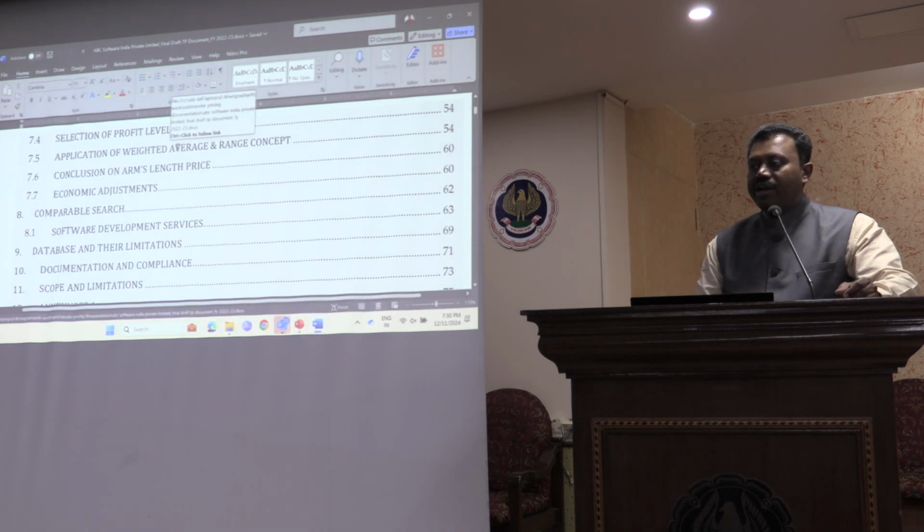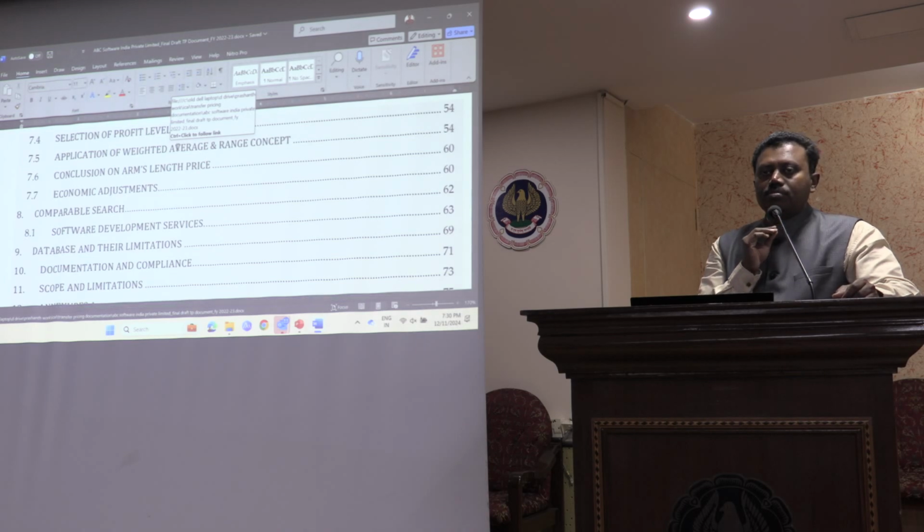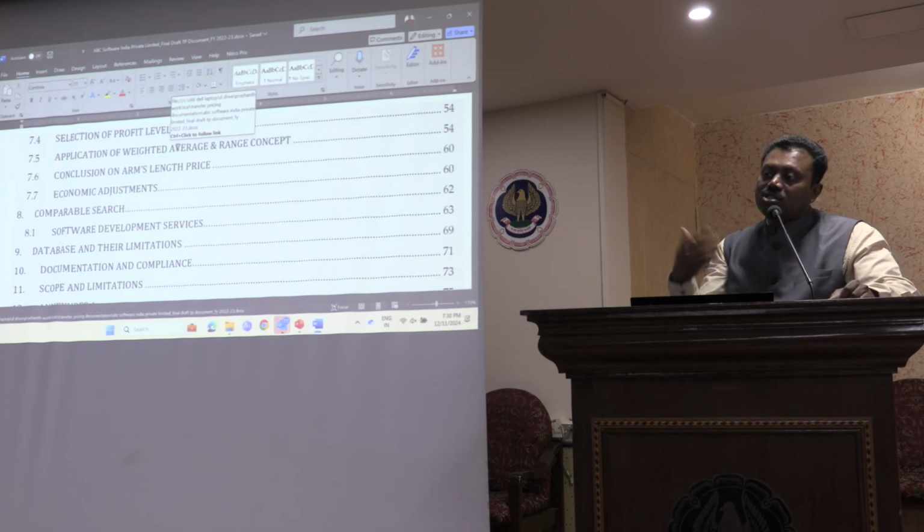Selection of profit level indicator. The profit level indicator, abbreviated form, we use as PLI. In TNMM, the profit level indicator is operating margin: operating profit divided by operating cost. But if you are testing an expenditure transaction and margin is not helping you under TNMM,